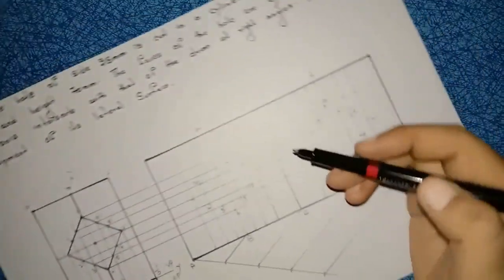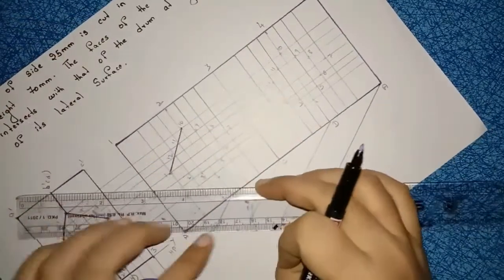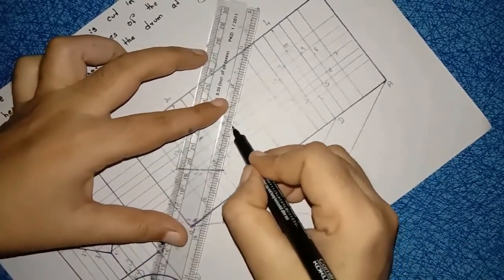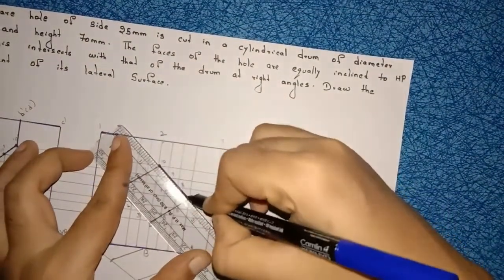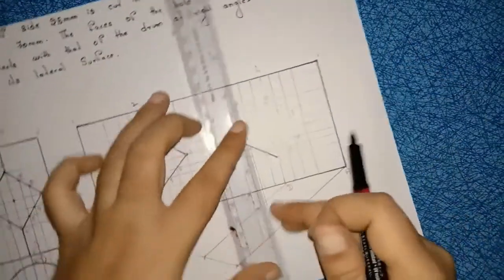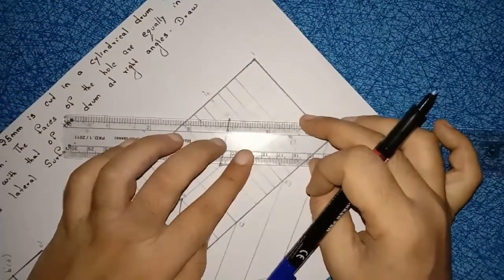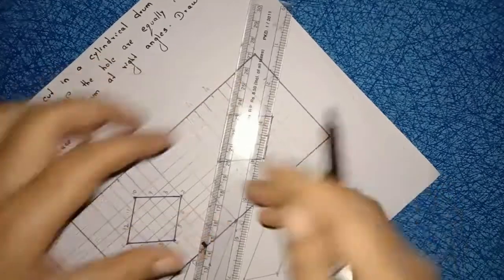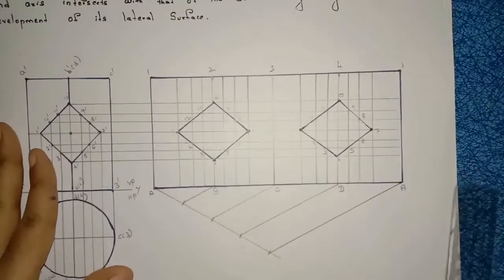Now after marking the points, just join all these points in order to get the square here. See, B of 2, D of 4 is the midpoint line and we have